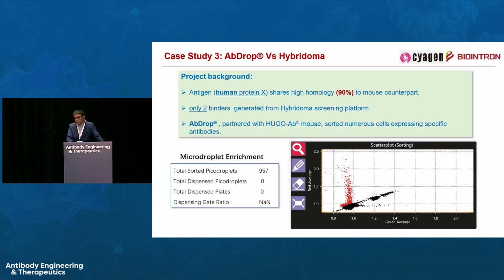The last case I'd like to show you is actually quite interesting because this is a direct comparison between AbDrop versus hybridoma. The project background is like this. We have a project that we call Human Protein X because this is a client project. It shows a very high homology between the human and the mouse counterpart. Our customer actually used the hybridoma screening system to try to generate binders, but only got 2 of them. And then